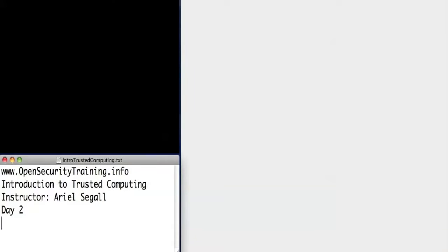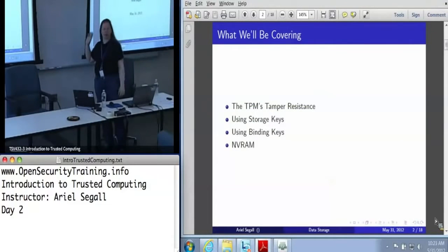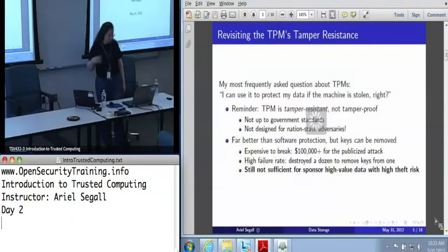Bit ahead of schedule, so what I'm probably going to do is, once we finish up with the data protection and storage, given that this is a pretty short talk, I may end up going on into the early part of the afternoon to get as far as we get before lunch and not worry about it. So,